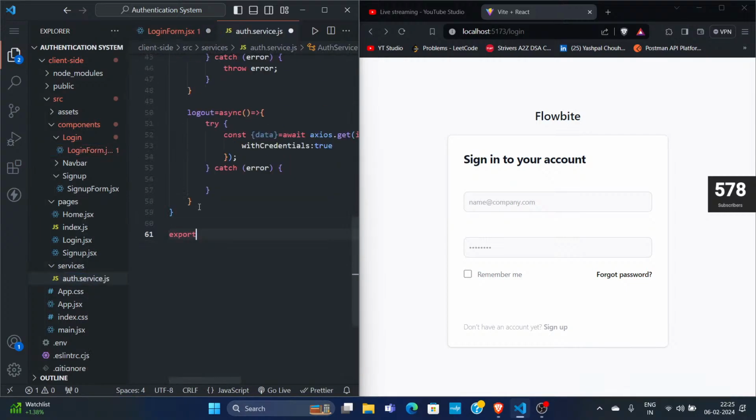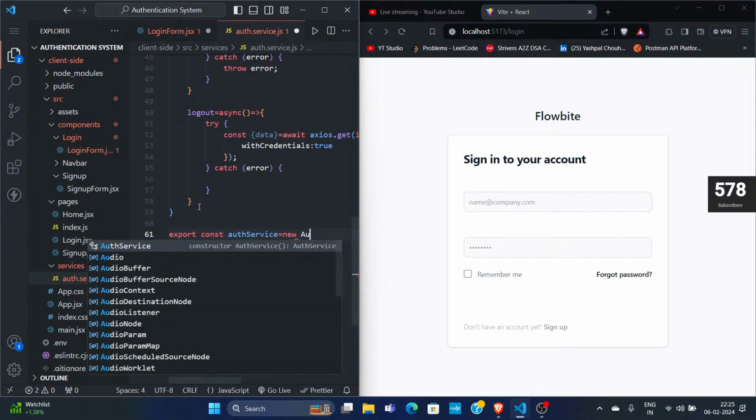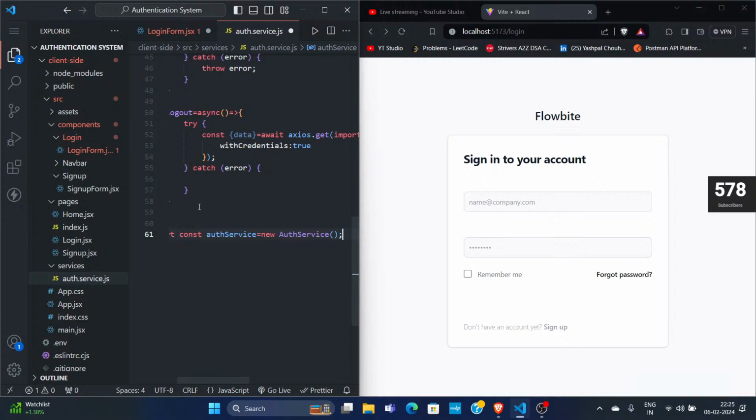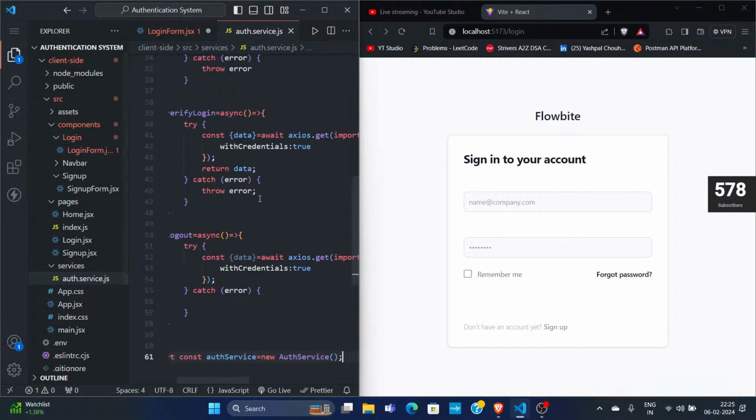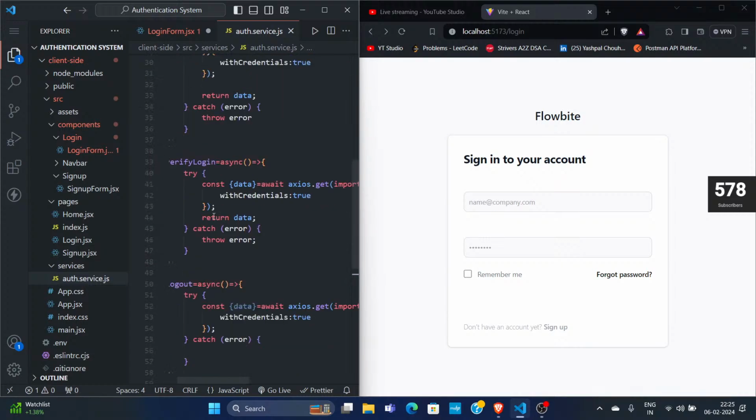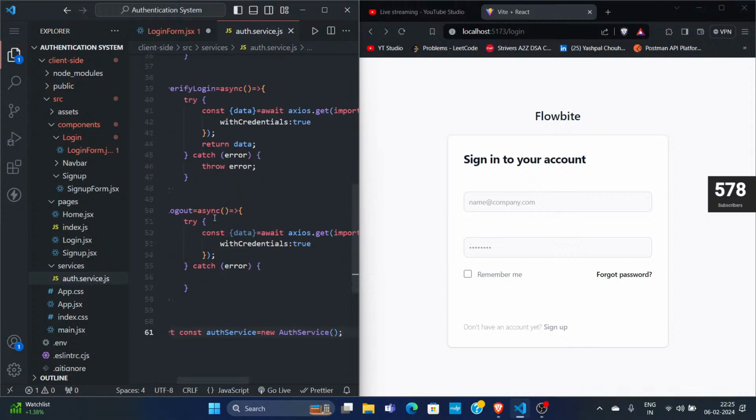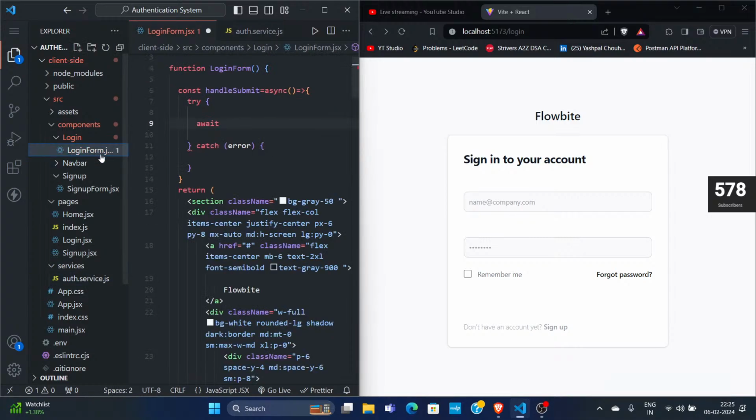So export const authService equals new AuthService. So let's export it like this. So let's go inside the login form,